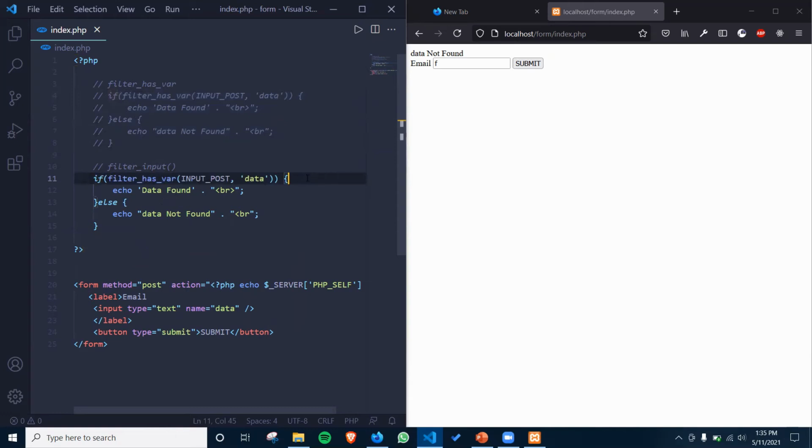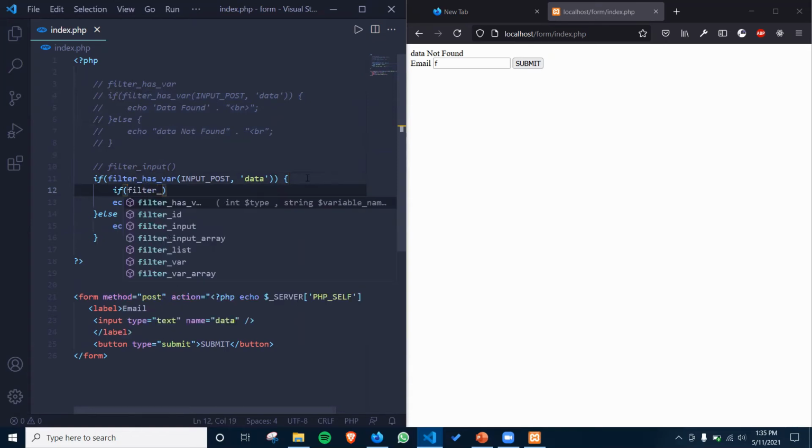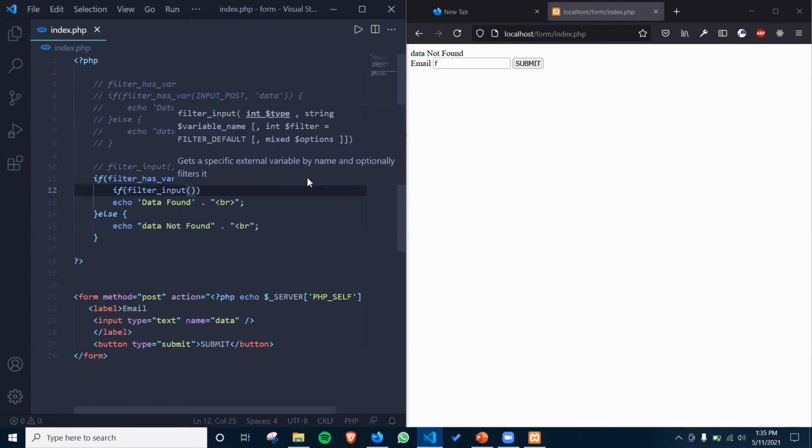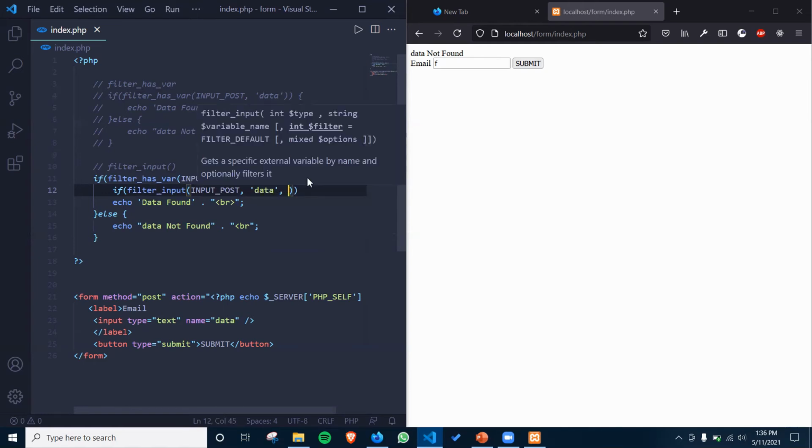Now here, let's check this one too. If filter_input, and here write the input_post, and after that write the name data, input name data, and after that write here the type of validation we want.